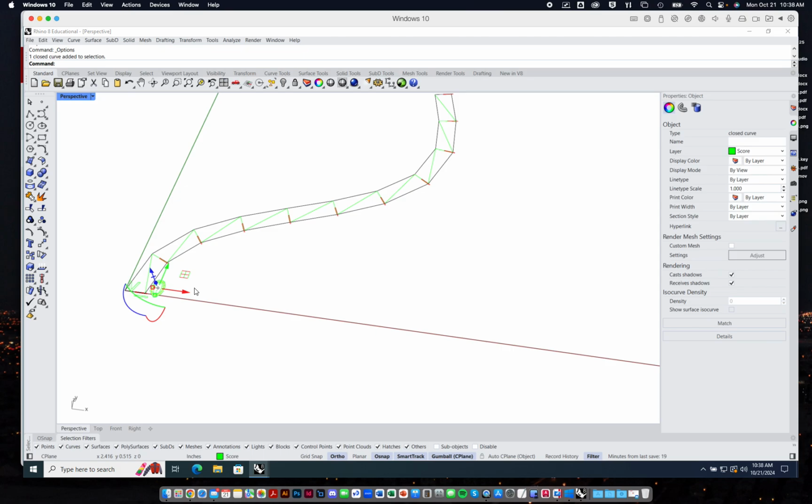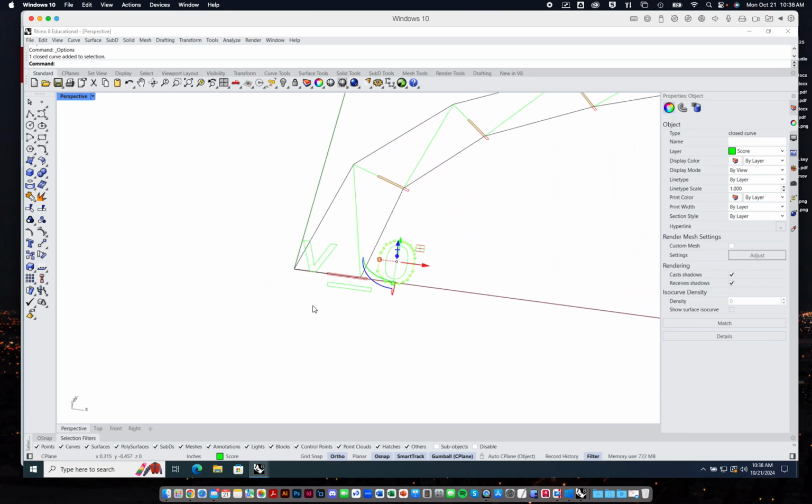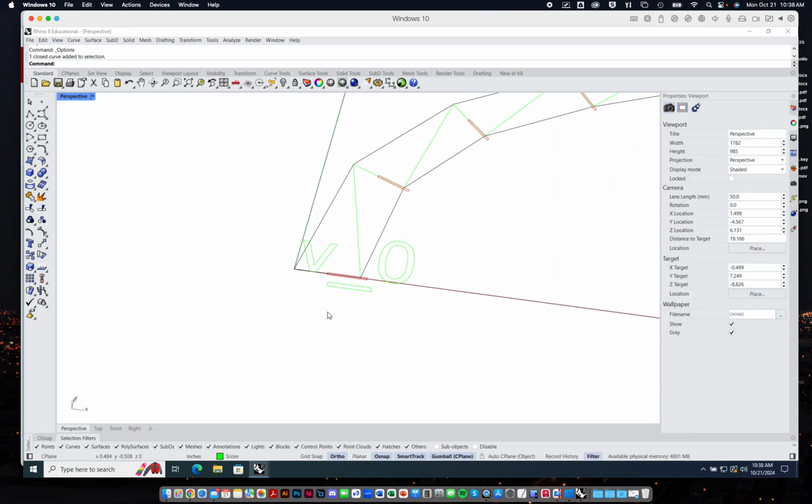This is just one closed curve. And so what you'll notice is that these labels, first of all, they're at a scale. And second, they have unnecessary line work in them, just to sort of inscribe or lightly score the labels into each piece. So one of the first things I might just do really quickly is,